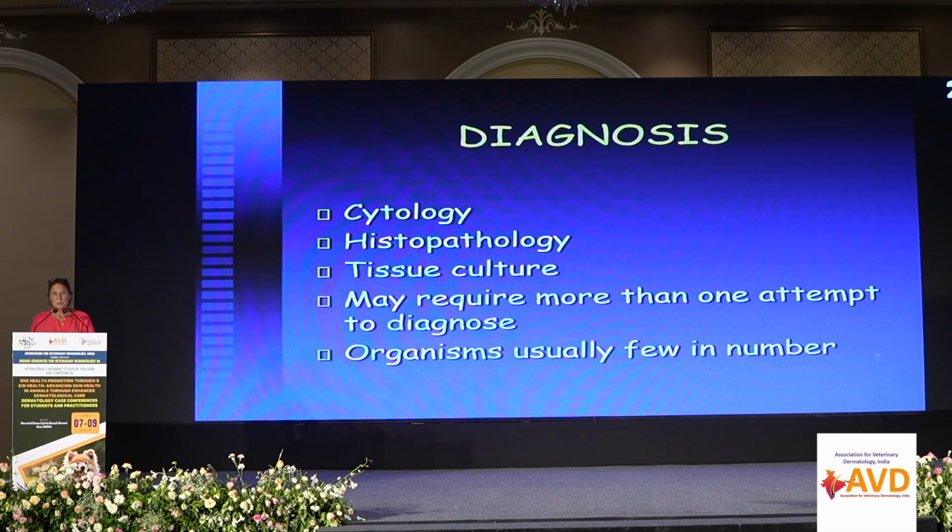So when you do your cytology, you're going to find neutrophils and macrophages. But you're not going to see the organisms. For one, they're deep. For two, they're very few. For three, they don't stain with Diff-Quik. You need to have special stains to see this organism. So the fact that you just see a pyogranulomatous inflammation with no bacteria does not mean that it is a sterile